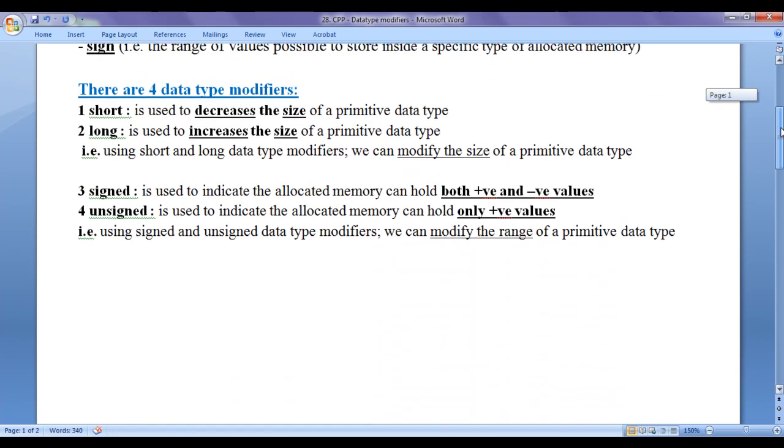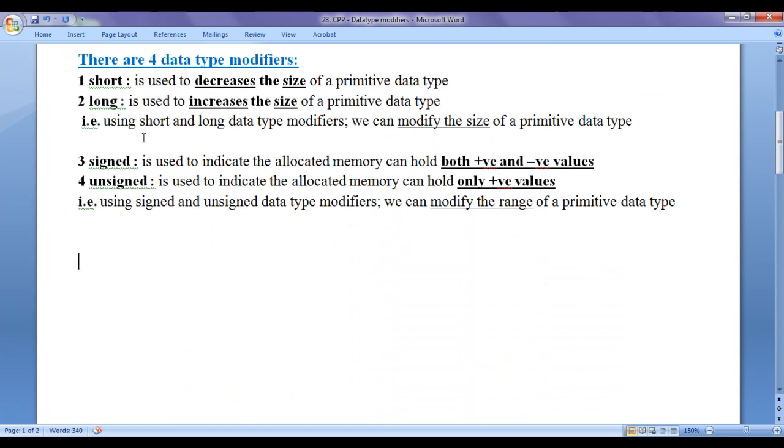We know that there are 4 data type modifiers in C++: short, long, signed, and unsigned. Using short and long data type modifiers, we can modify the size of a primitive data type. That is, we can increase or decrease the size of a primitive data type. Using signed and unsigned data type modifiers, we can modify the range of a primitive data type.